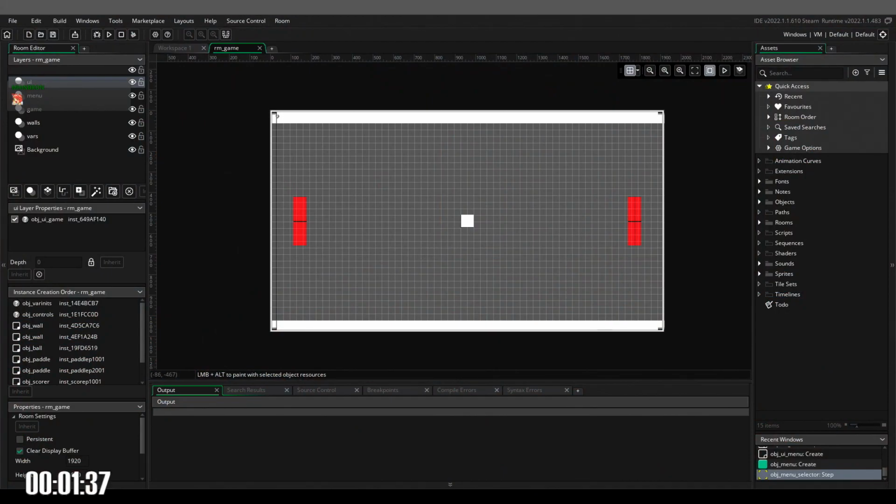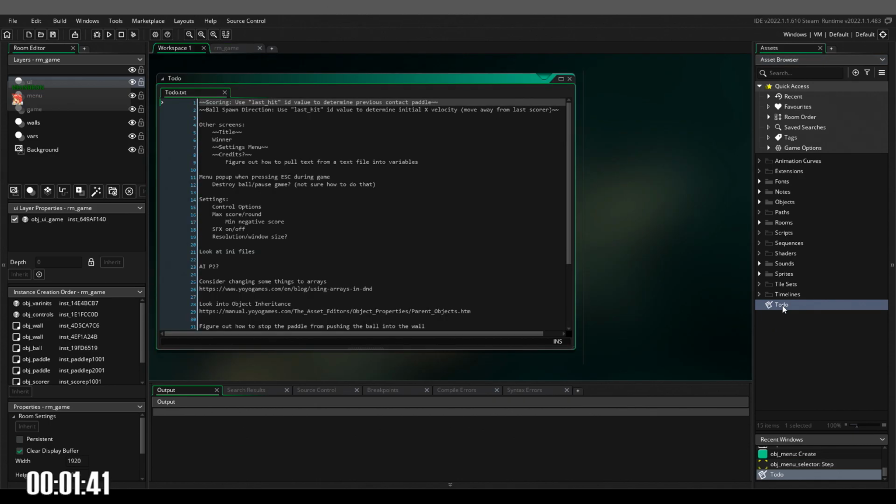So, the goal for today is to do settings. That's really the main thing that I need to fix, right? Because I have to get settings to do a couple things. First,